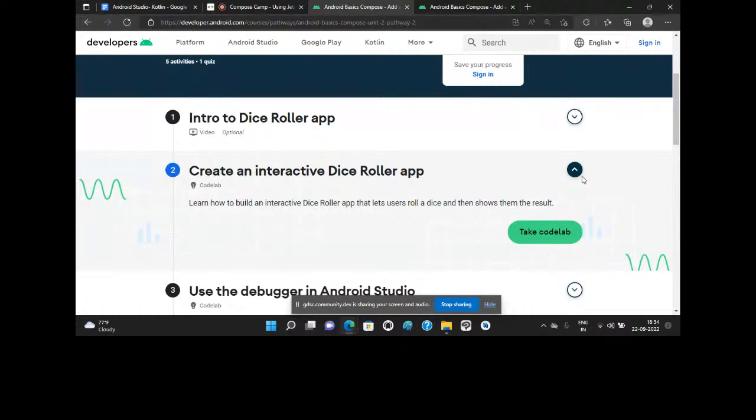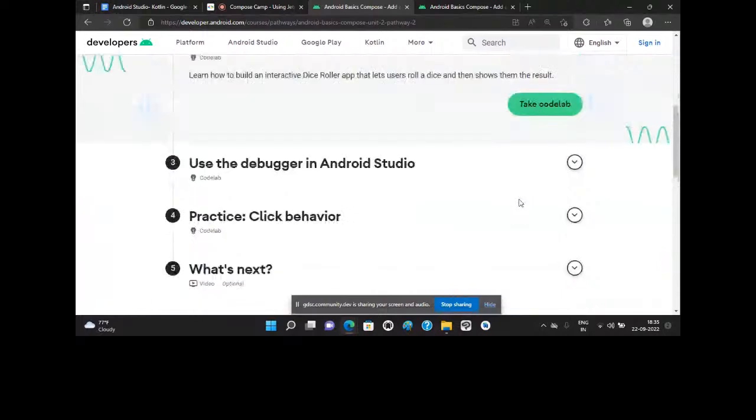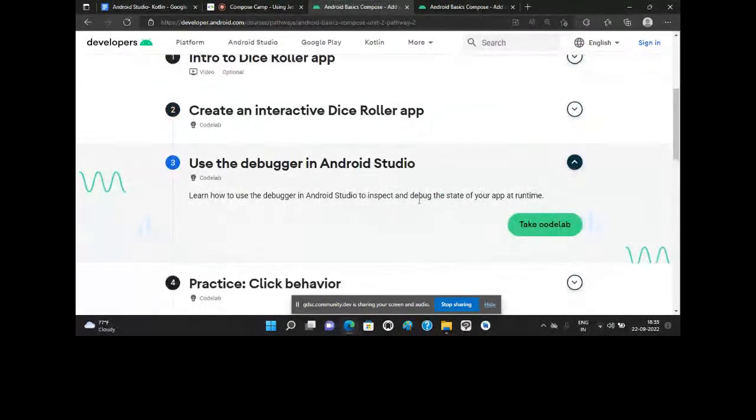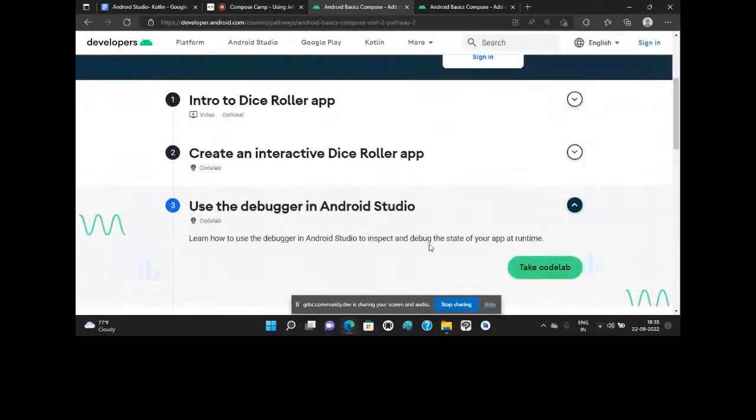It will be randomized. On the first click, it might be 2, and on the second click, it might be 6. So it's a randomized app that makes the dice roll. It's a great app if you want to play games with your friends. So you could use this app. It also shows us the basics of how we can start making an app in Android Studio